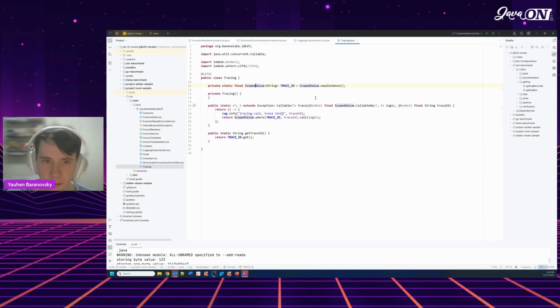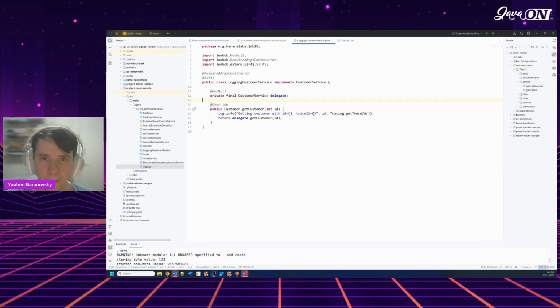With scoped values, this is much harder to achieve, because every invocation which actually uses the memory is wrapped in a nice lambda. So here we have our login service, and we attach a string with a trace ID to the scoped value. And then,